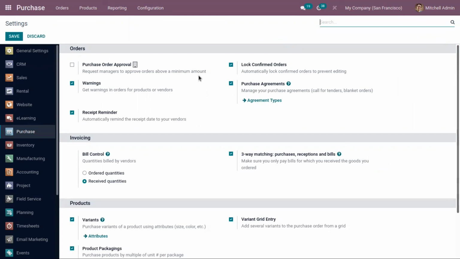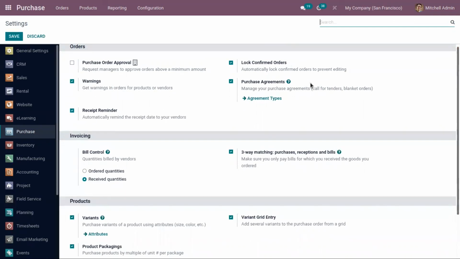So if you're purchasing some products above a particular amount, then sometimes we require the approval from managers. To do that, we have to enable this option. And then we can set warnings on products or vendors. And you can see purchase agreements and receipt reminder that we have seen before.